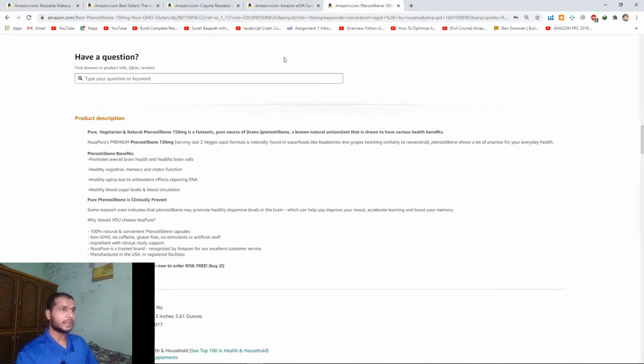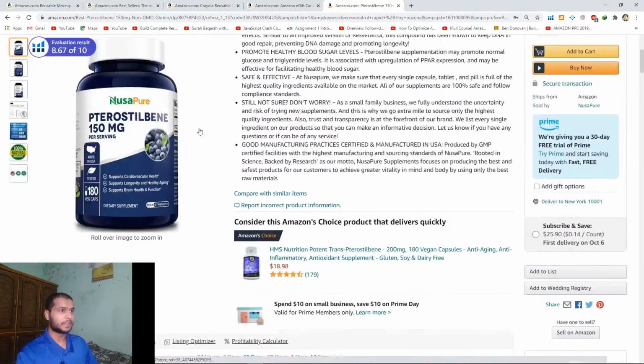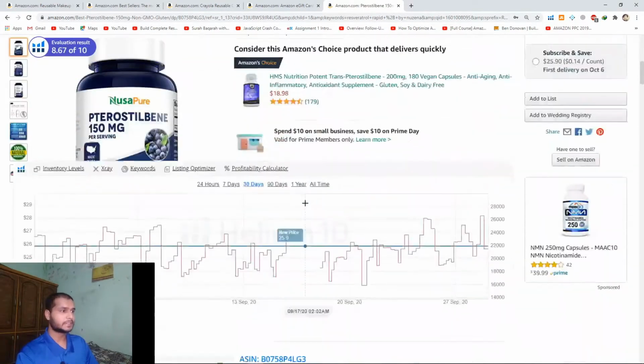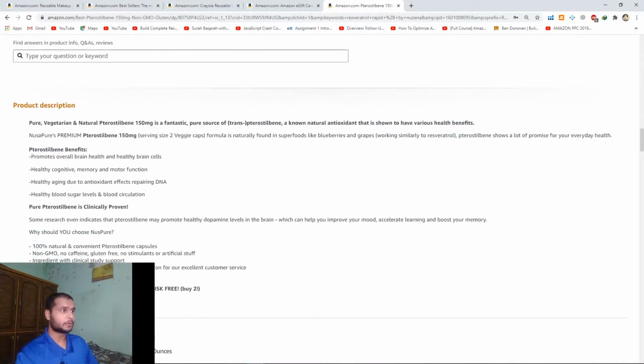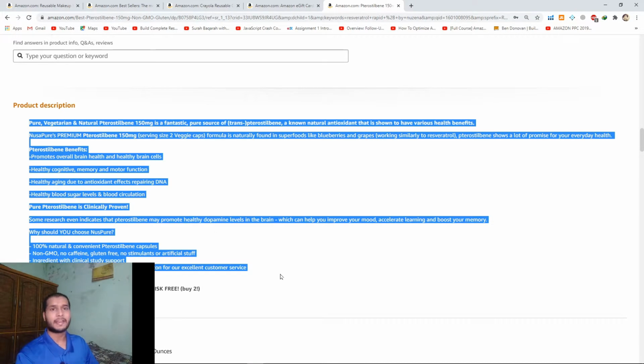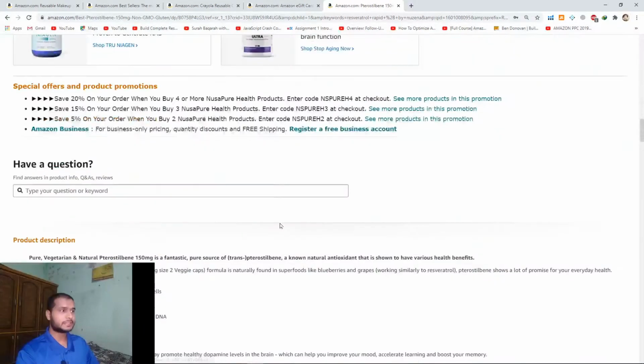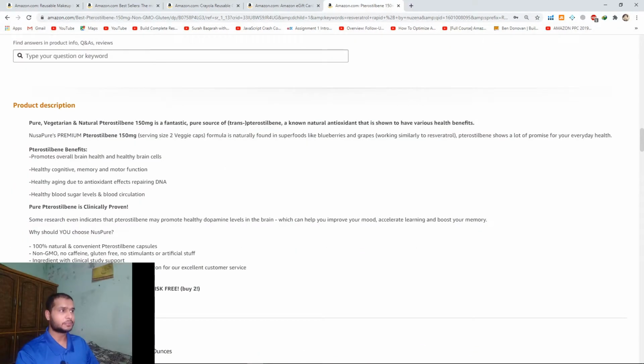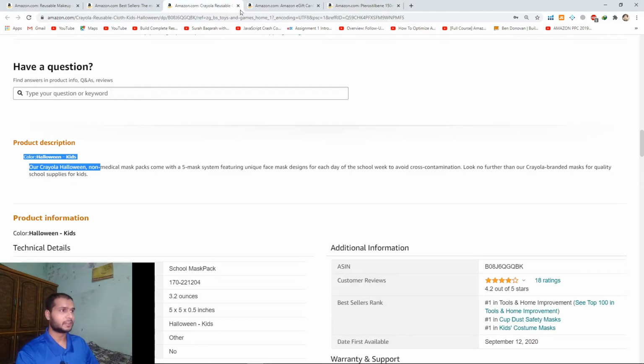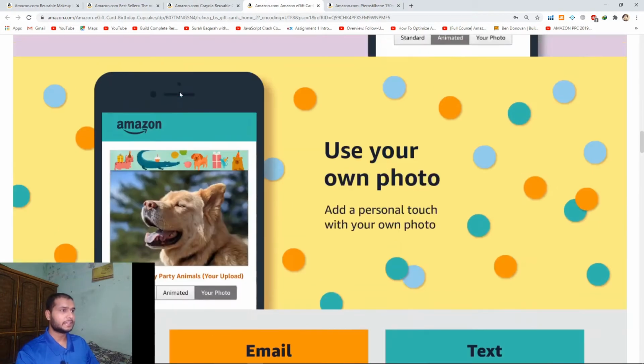And in this example we have title, bullets, and a product description rather than EBC. So friends, you saw that title, bullets, description, EBC content and images are the parts of the front end. In two examples we saw EBC, and in two examples we saw product description.